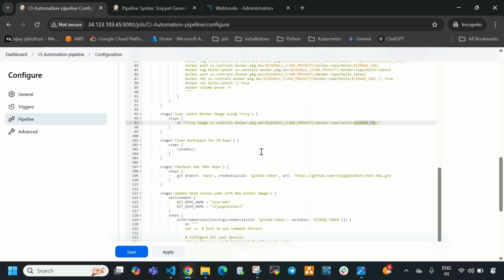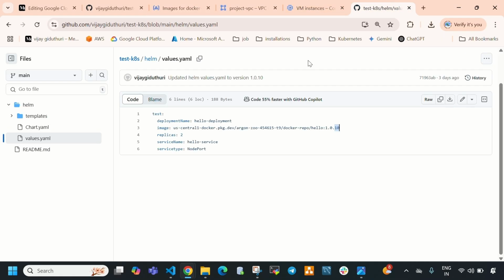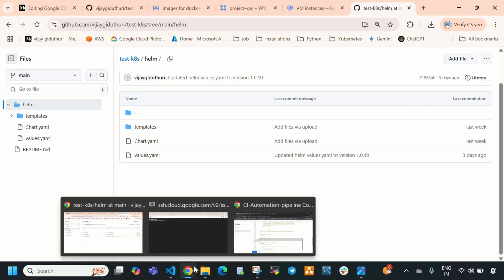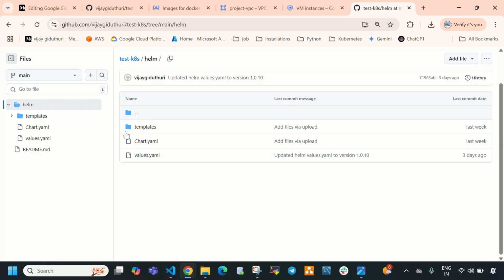In this stage, it will again clean our current workspace to clone our second GitHub repository, which consists of our Helm chart. Here you can see this is my second GitHub repository, Helm. You can see test-k8s. If you observe this pipeline, test-k8s is my second GitHub repository which consists of my Helm chart. So it will clone this second GitHub repository, that means it will clone this Helm chart, and after that